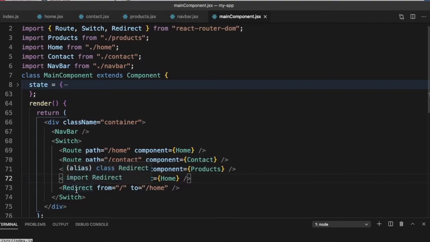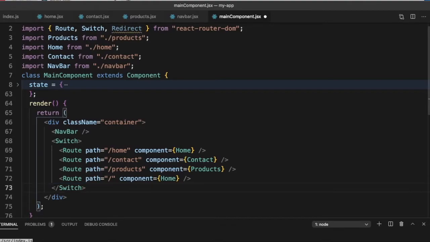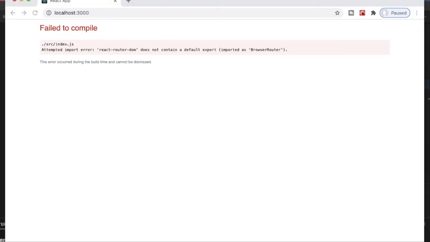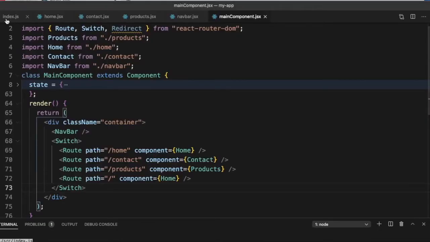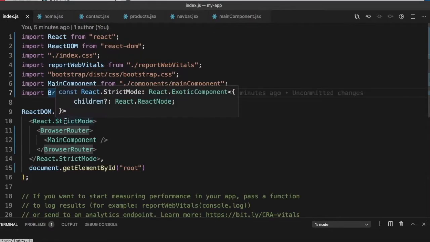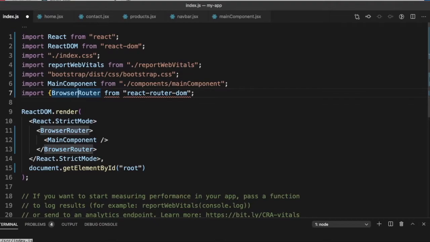What's the difference between this Route and Redirect? Let's first run it without the Redirect and test it. So it gives us a default error. Let's go back. I forgot to put it in the.